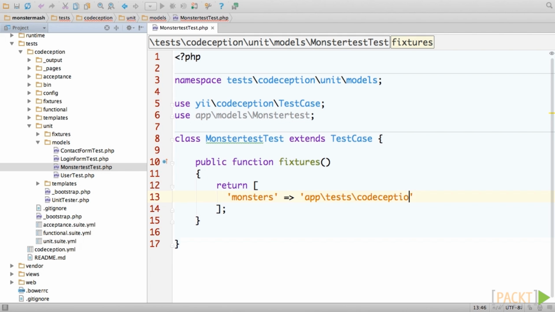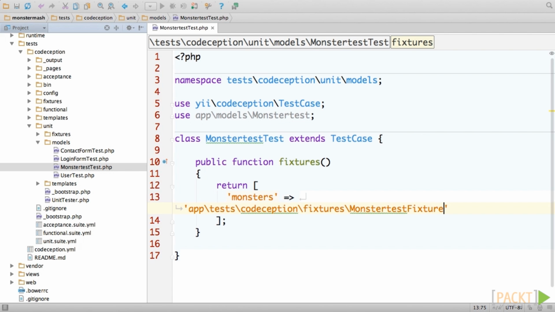Now, Codeception will populate the test database with the data from your fixture before each test. Now, let's actually write a few tests. Codeception actually uses PHPUnit to run its unit tests. So in a similar fashion to PHPUnit, each test is going to be a public method in your class